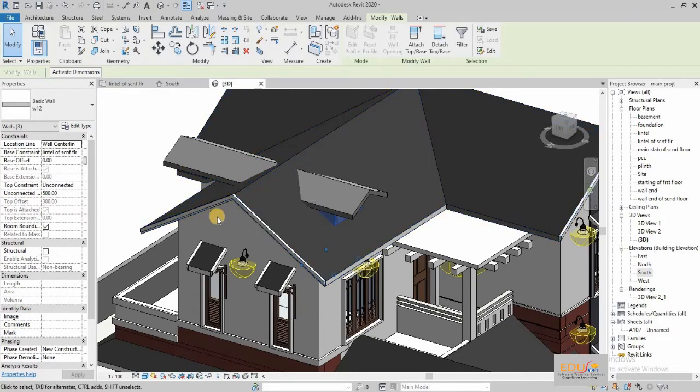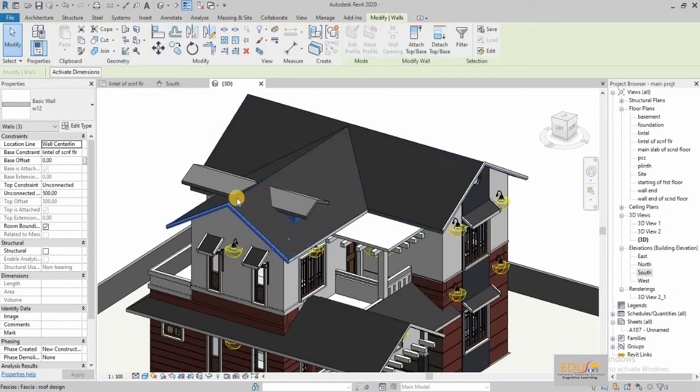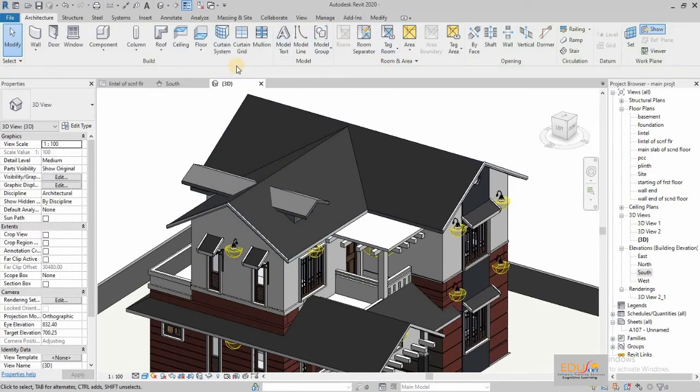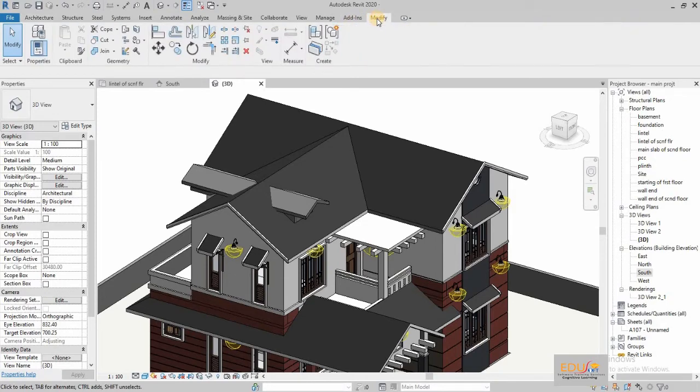Next, we will trim the dormer roof length as per our requirement. For that, we have to go to the Modify tab and select Join or Unjoin Roof.